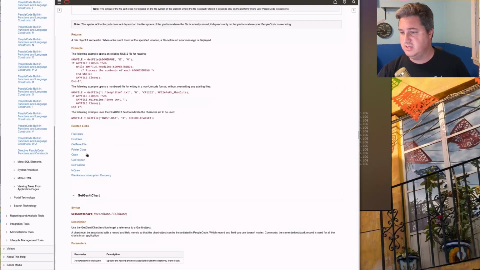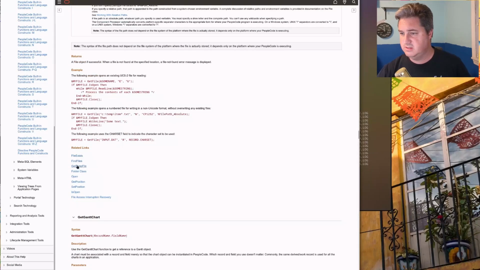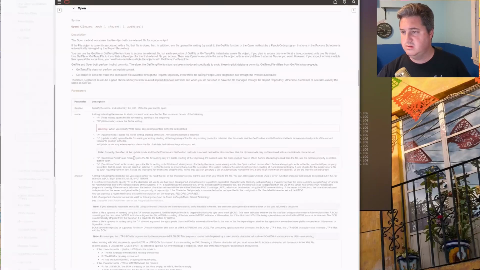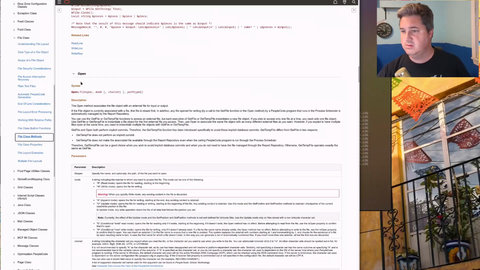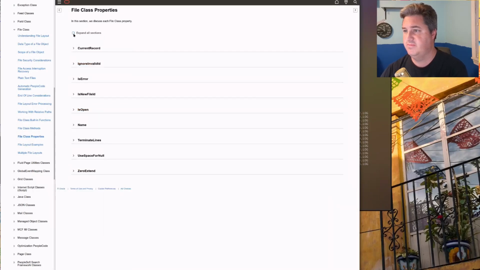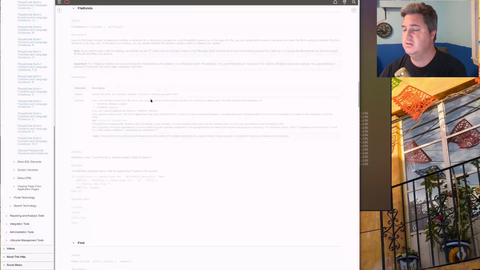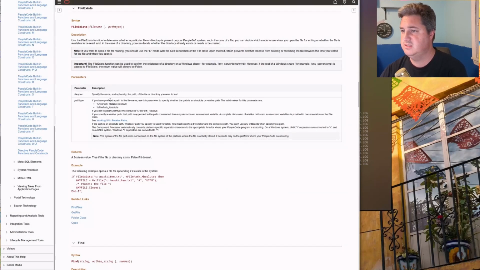This is my frustration, is I've got to remember all of this. Is there not a link to the file object? Find files, open, is open. Here we go, file class methods. Is there a file class properties? I was hoping there would be an is directory. Okay, so if we do file exists,